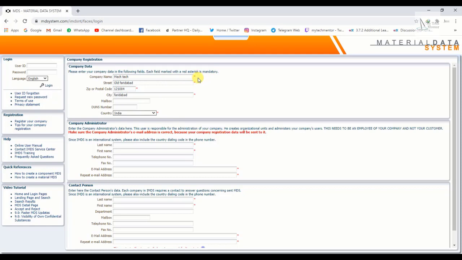You can see here some boxes have little star marks. These star marks are compulsory. You have to fill all star mark boxes.